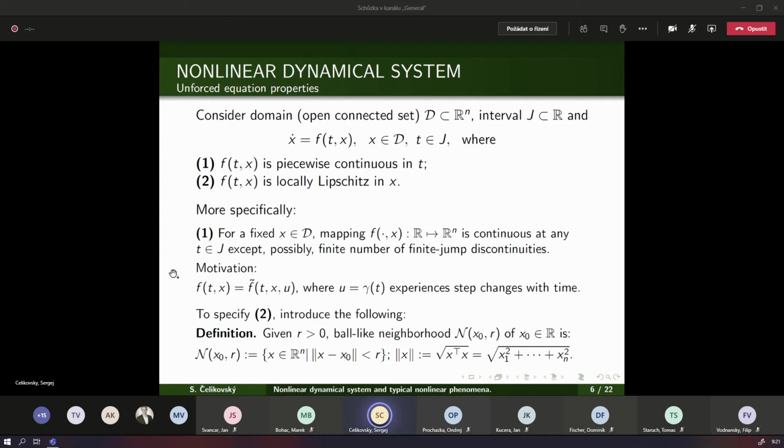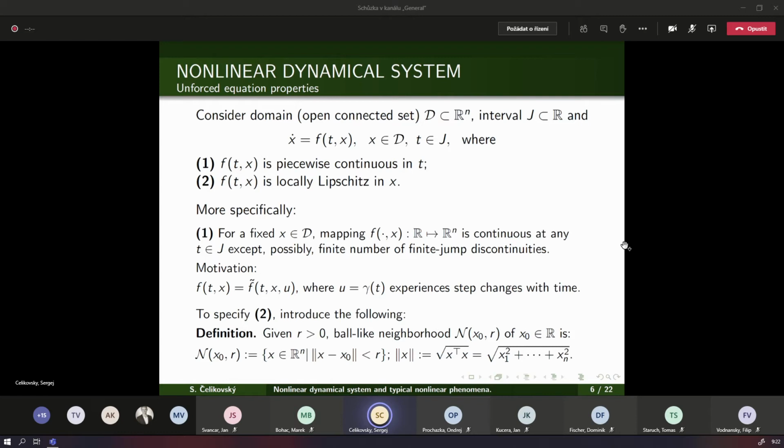Number one, this simply means that if we consider some fixed state in this domain where we consider our system, and X is fixed, so this is converted simply into a function of time, mapping time to Rn. And then we just ask that it is continuous at all points from the considered time range, J, except possibly finite